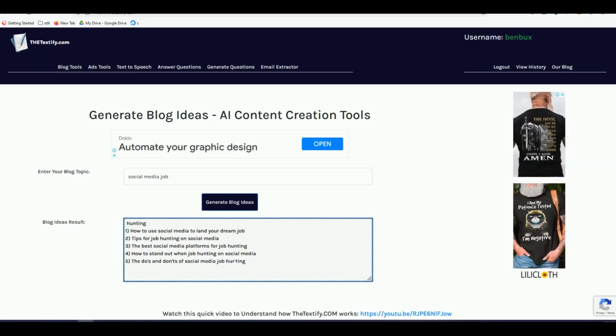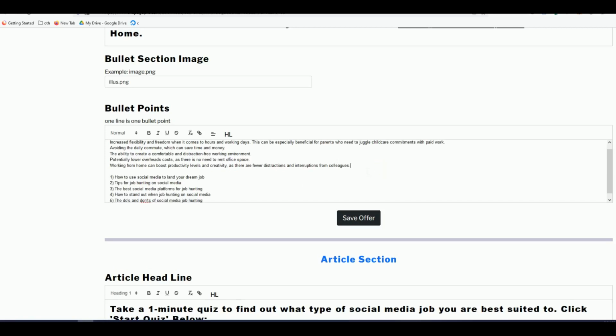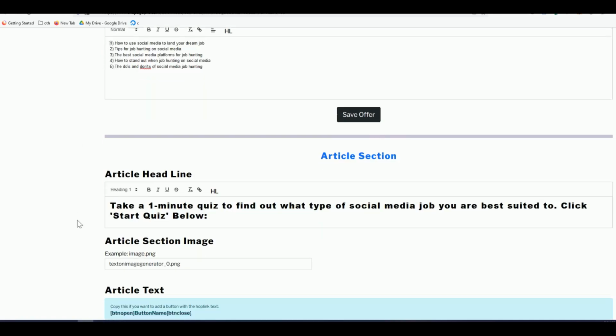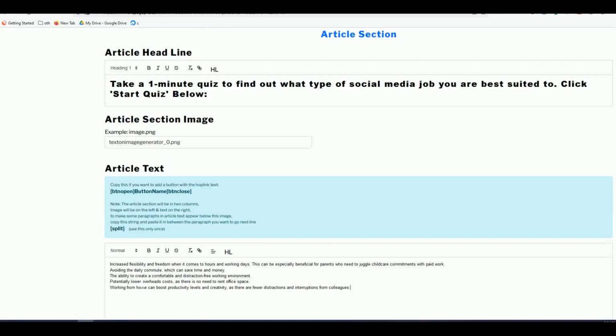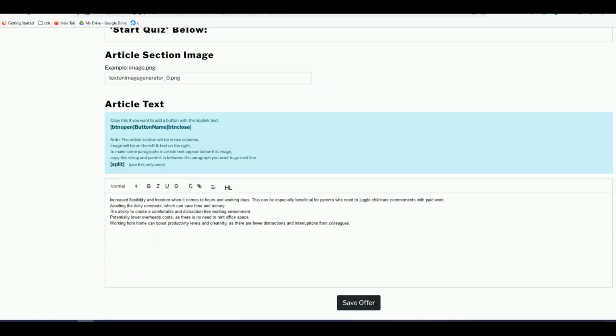Okay, so I changed the keyword to social media job. I think this one fits more in our bullet section, so we copy that, come back here. So we put it here in our bullet section, and then this one here, let's grab them and paste it here in our article section. Okay, now again, same thing. We remove this. Okay, and then this one, we're done. Once you save that,